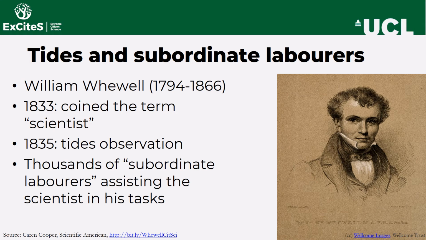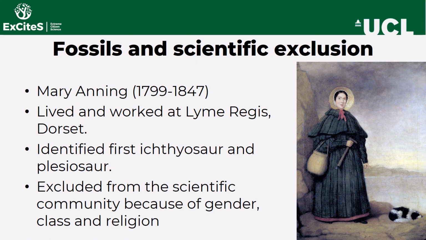Another example of a citizen scientist from this era is provided by Mary Anning, who lived in the first part of the 19th century. She lived and worked in Lyme Regis in Dorset and was a fossil collector. She actually was a very important paleontologist and discovered several species. And she was from a poor background and therefore had to sell her fossils,